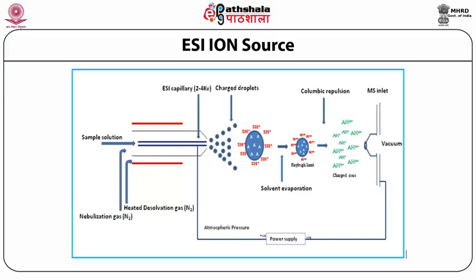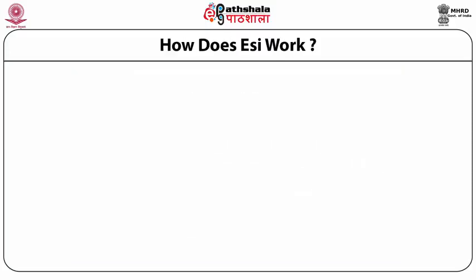It's also a soft ionization technique and doesn't give much fragmentation. You may ask the question, how does ESI work? It can produce singly or multiply charged ions. Actually, this is one of the most important characteristics of electrospray ionization, the production of multiply charged ions. As I told you, in electron ionization, chemical ionization and also FAB, we generally get a singly charged ion, so the mass range of a mass spectrometer cannot be used for analysis of high molecular weight compounds. Electrospray can be used for high molecular weight compounds such as proteins and peptides, and it is used in proteomics, genomics, and so on.